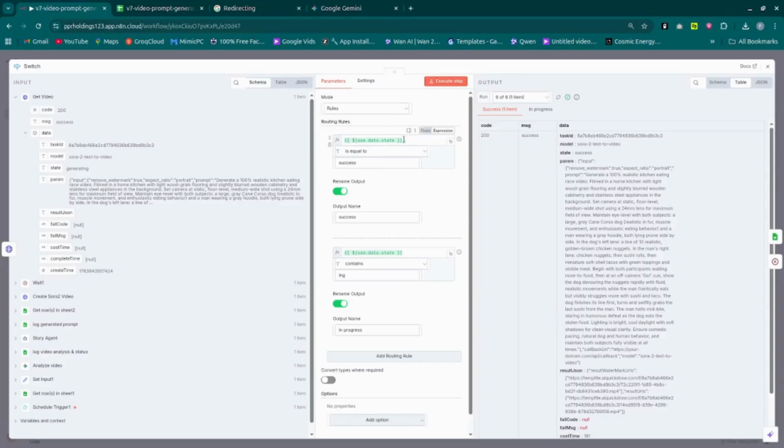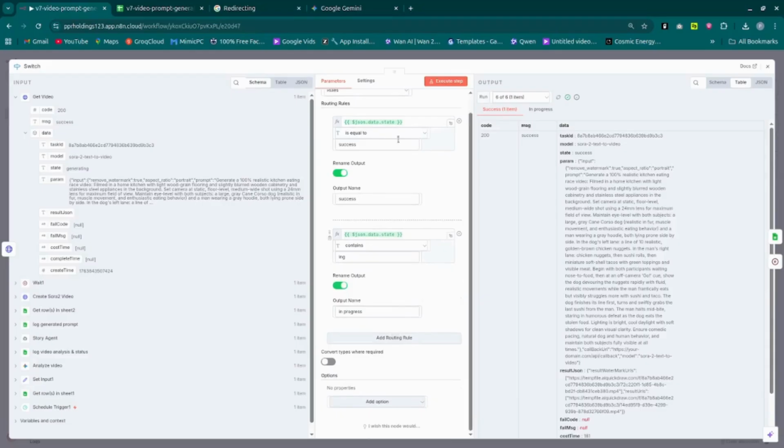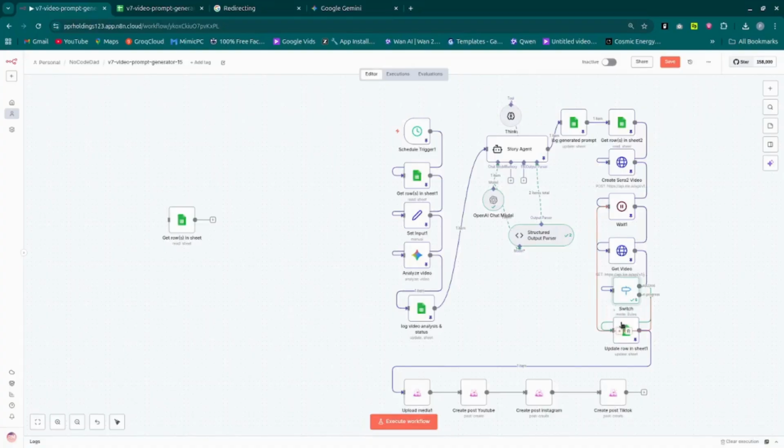Just copy these. All these three are the same, so you just copy one. Is equal to success, copy it again, contains ing, and then in progress. It's basically just waiting for the success. And then you go to your